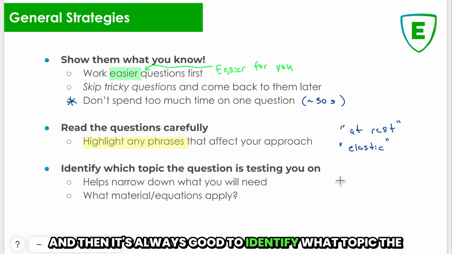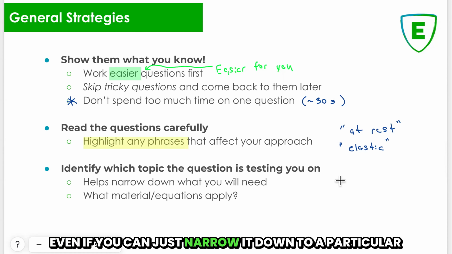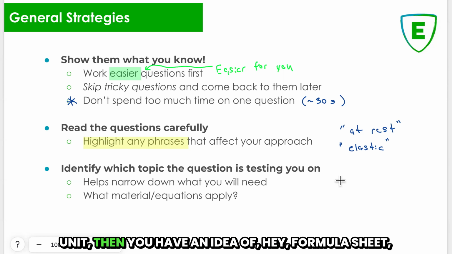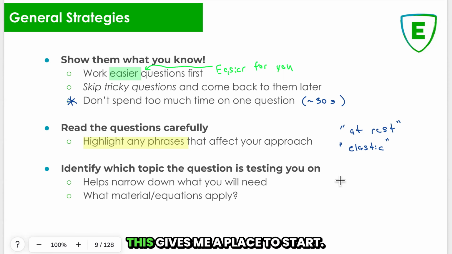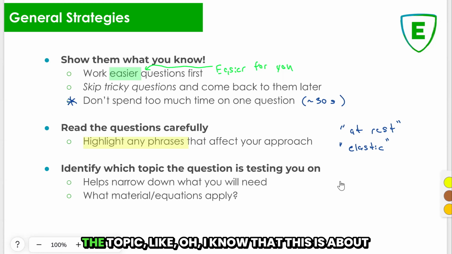And then it's always good to identify what topic the question's testing you on, even if you can just narrow it down to a particular unit. The reason why is because once you know the unit, then you have an idea of, oh, hey, formula sheet, I know these apply to it. This gives me a place to start. So, yeah, when it comes down, if you can narrow down the topic, like, oh, I know that this is about